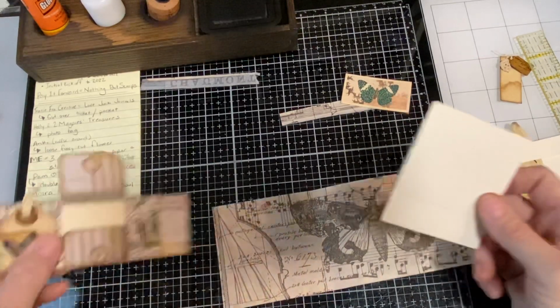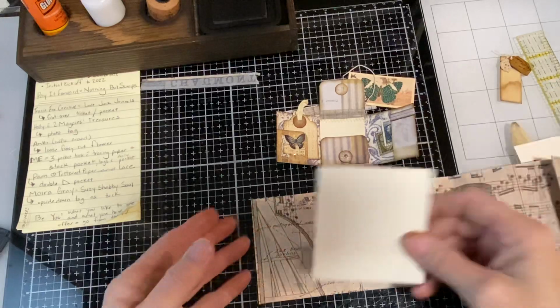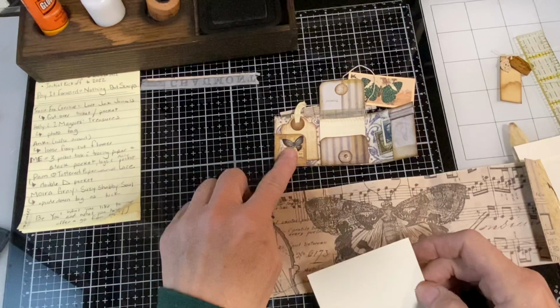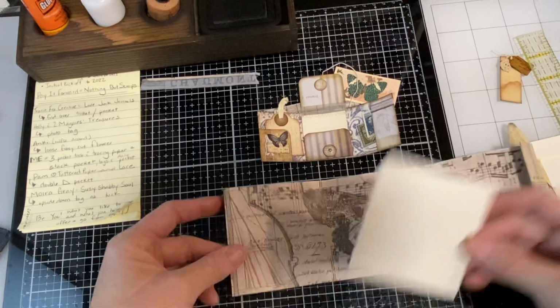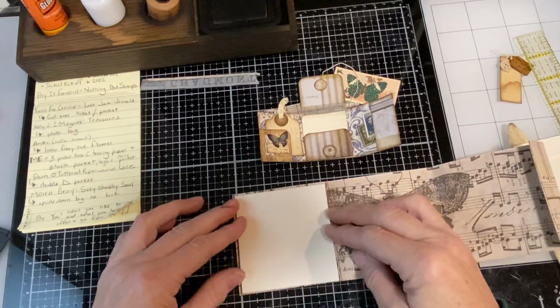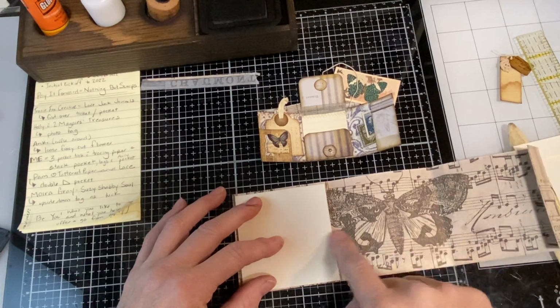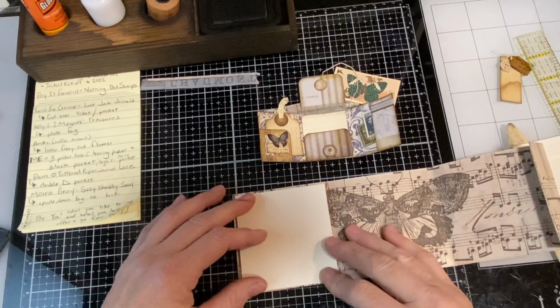You know, honestly, okay, because I can, I'm going to squirrel on this a little bit. I really like that butterfly. So I'm going to move this piece rather than having the tuck spot here. On this particular book, I'm going to move this tuck spot to here. And the reason I'm doing that is, 1, I want the butterfly to show more. So I'm going to put a little tuck spot and the butterfly will show. And 2,